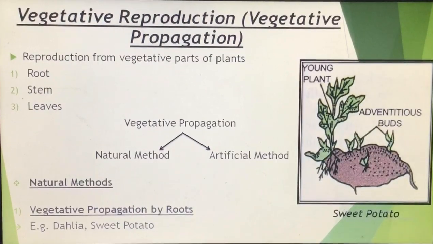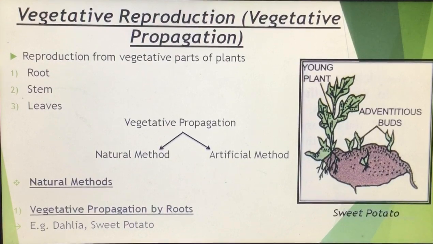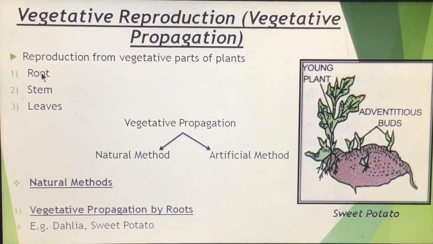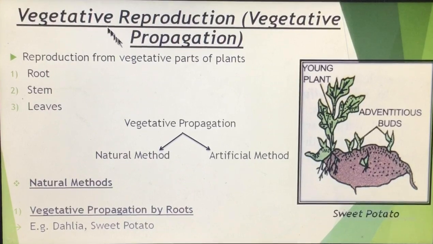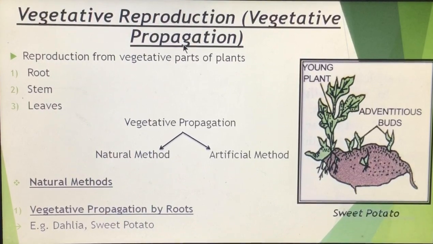Okay, next we'll talk about the asexual type of reproduction in plants. Now asexual reproduction in plants is known as vegetative reproduction, or another name is vegetative propagation. Now why is it known as vegetative propagation or vegetative reproduction? Because this type of reproduction takes place from the vegetative parts of the plant. ये जो vegetative propagation है ये plant के vegetative parts में से another organism is formed, another plant is formed.